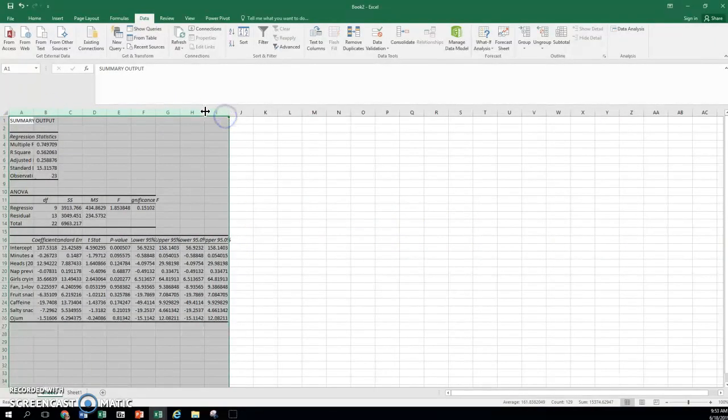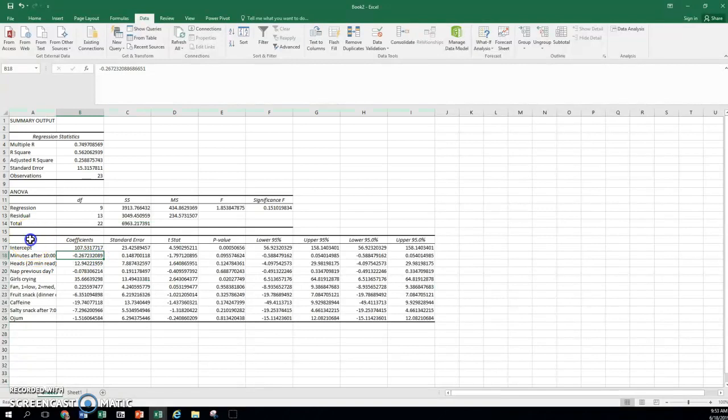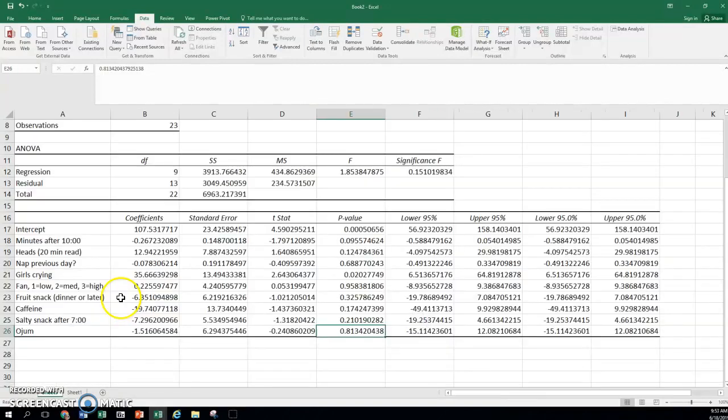So let's focus a little more on how to interpret. We've interpreted these parts already. What we haven't looked at is this block right here. So let me start by looking at the predictor variables. Notice that the outcome variable is not here. This entire thing is talking about the average minutes of deep sleep I get per night, but the only ones we're going to see here are the predictor variables that I think might be somehow related to the amount of